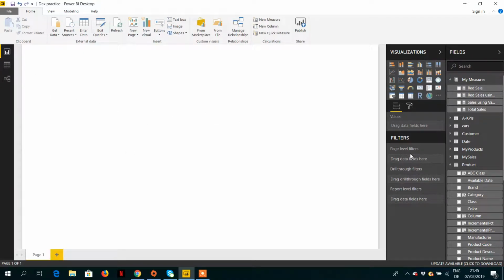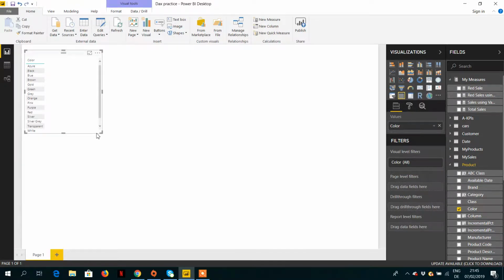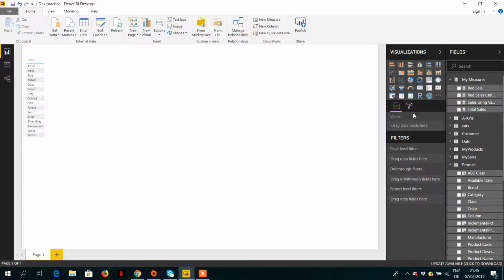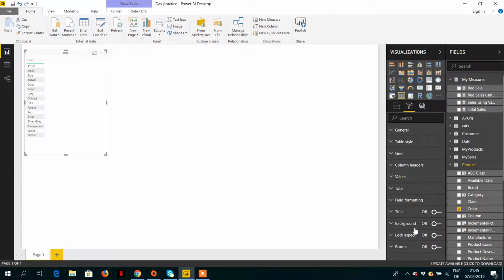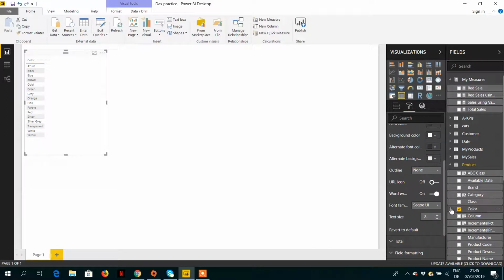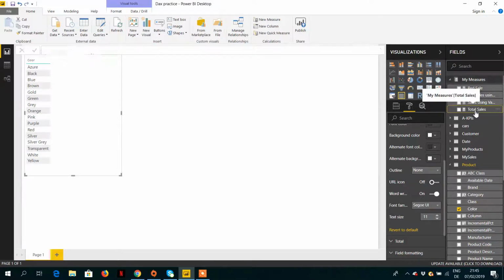Let's go to the report view and let's select color, and we can make it a little bit bigger. Then we have one measure here.